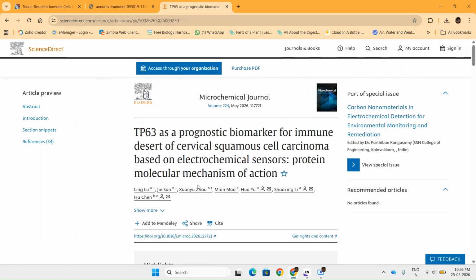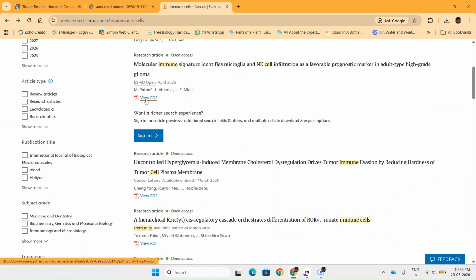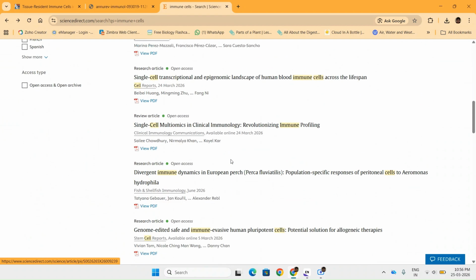In this case, you don't have the PDF document, and if you have the PDF, you can attach it to your EndNote library. So this is it for today. In the next video, I'll show you how, in some cases, if you have to format, if you're collecting references from books, how we can insert them into your bibliography.